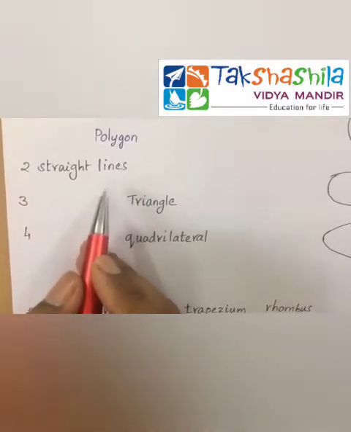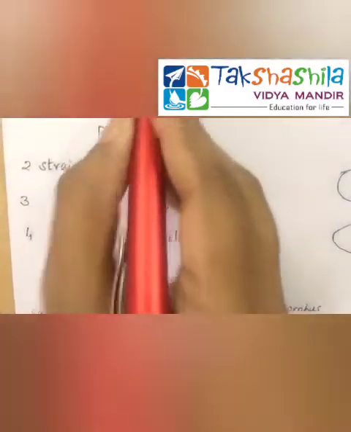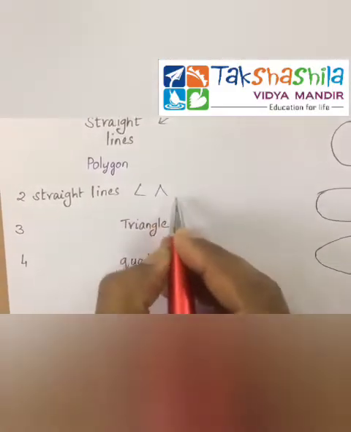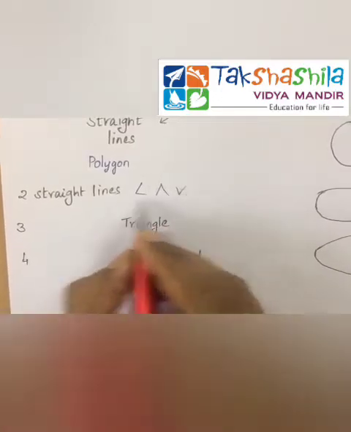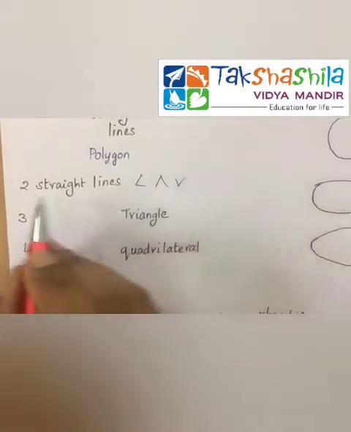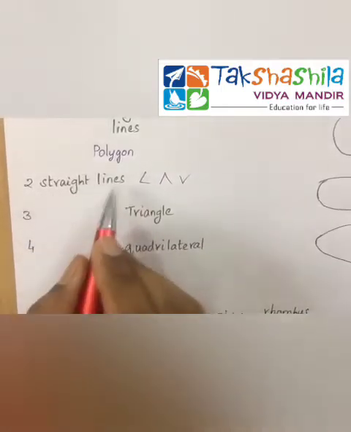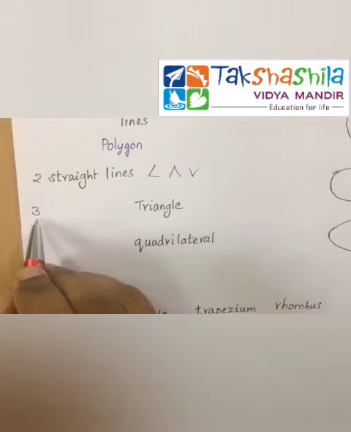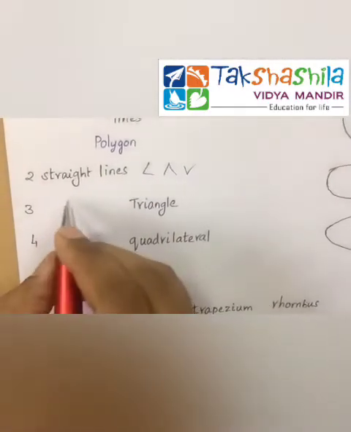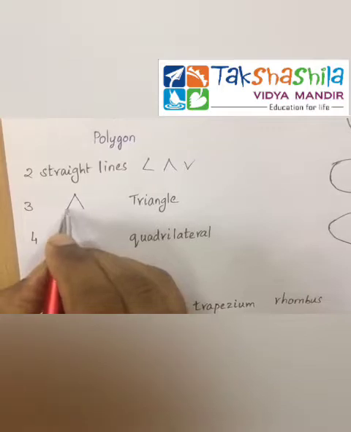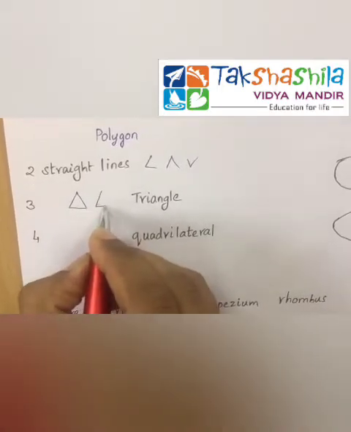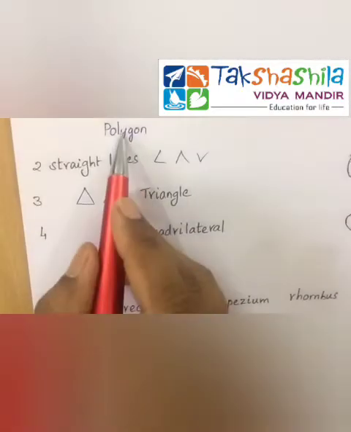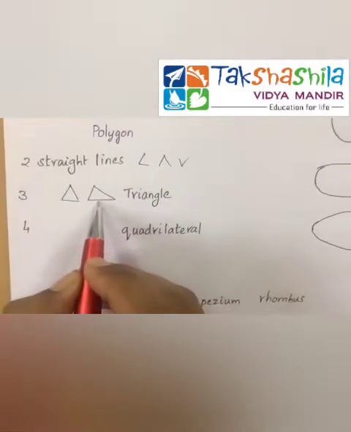Were you able to do it? You cannot draw a closed shape with 2 straight lines. You can make this, you can make this, you can make this. But are they closed? No, they are not closed. So you can't draw a polygon with two straight lines. At least it needs three straight lines. What is a three-lined polygon you are able to draw? Yes, it's triangle. It can be an equilateral triangle or different types of triangle. A polygon requires a minimum of three straight lines.